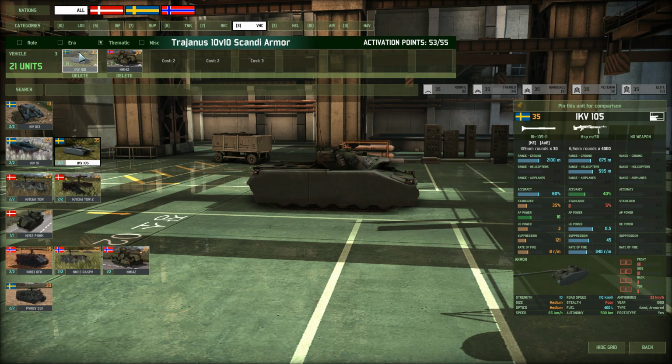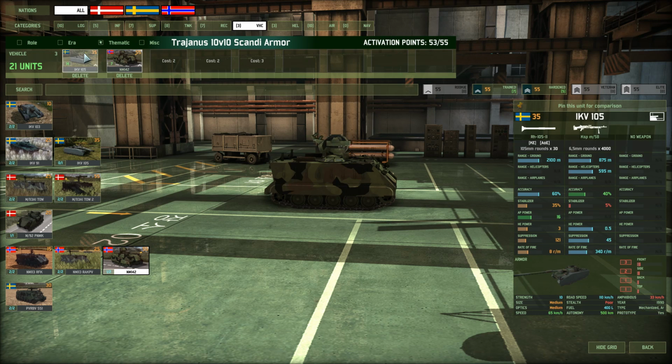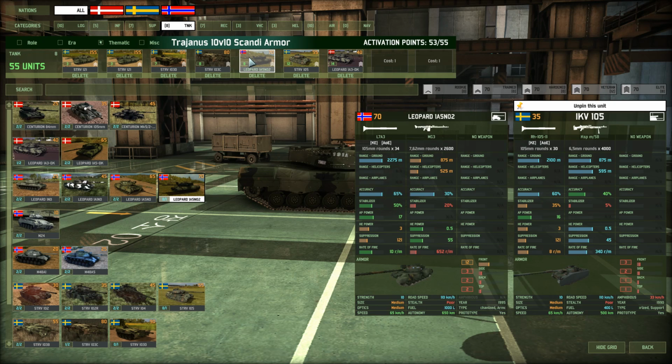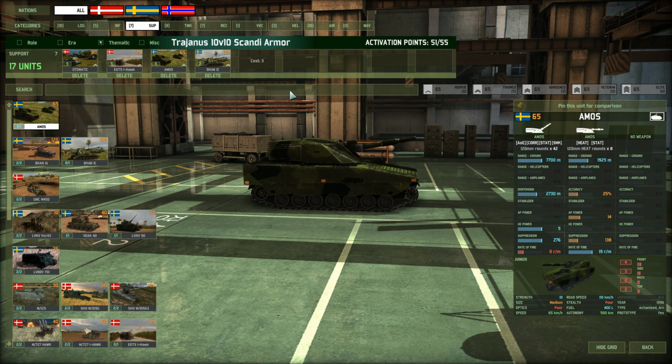Vehicles, IKV 105. Again, cheap fire support units, can be used as a meat shield in case you're up against a lot of HGMs. NM 142 is something that we might need. The IKV 105 is something that we basically already have covered in the tank card in that one, the 1A3DK. The IKV 105 has more armor penetration, the same level of accuracy, it has a lot less armor, it has the same speed, it has medium optics. It's only going to cost you 5 points less, but armor penetration is not the problem. So I'm going to delete that card, and that way I can free up a few more points